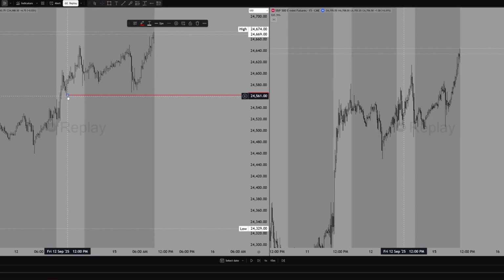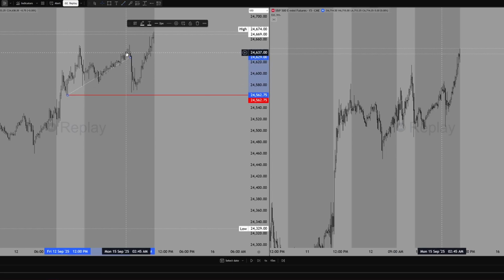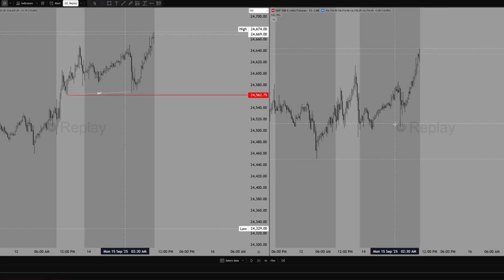Because we already took this low here, and this low is right over here. It looks kind of choppy, but it looks like we have SMT with this low here. So I'm gonna mark it out like this. Something like this, SMT. And I'll mark out these lows on ES because we haven't taken them out yet. I could have marked out that wick low, but it's not a big deal.